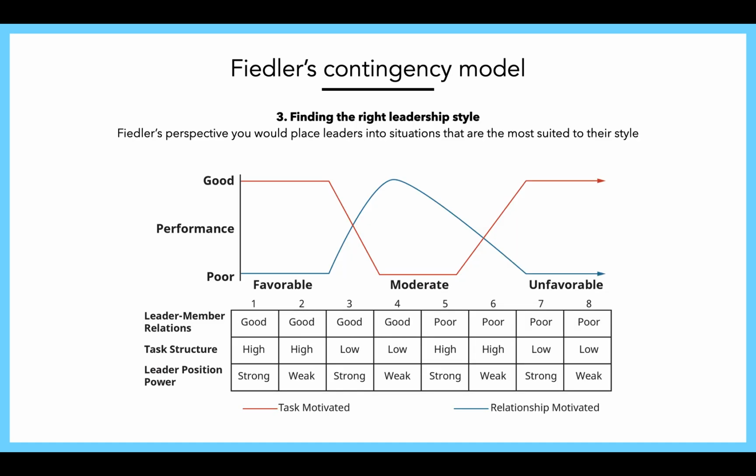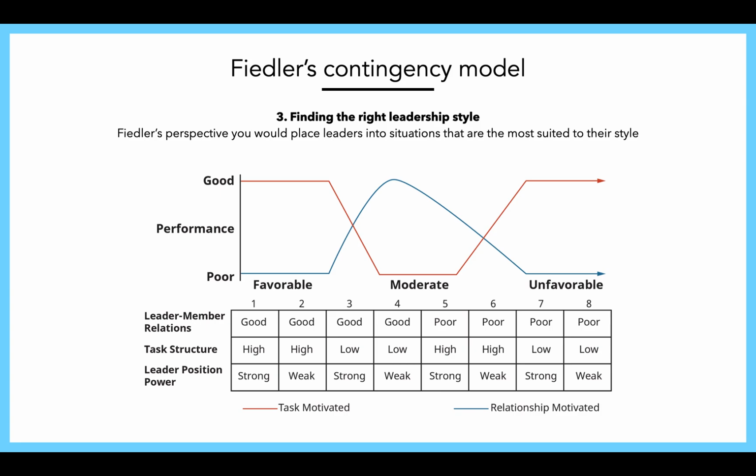Then the third part is finding the right leadership style. So Fiedler's perspective suggests you would place leaders into situations that are most suited to their style. So you would look at the situation and put either a task-orientated or person-orientated leader, depending on whether that situation suited their style. Now, if we look at the graph and the table below, in favourable situations where things are all good, high or strong,